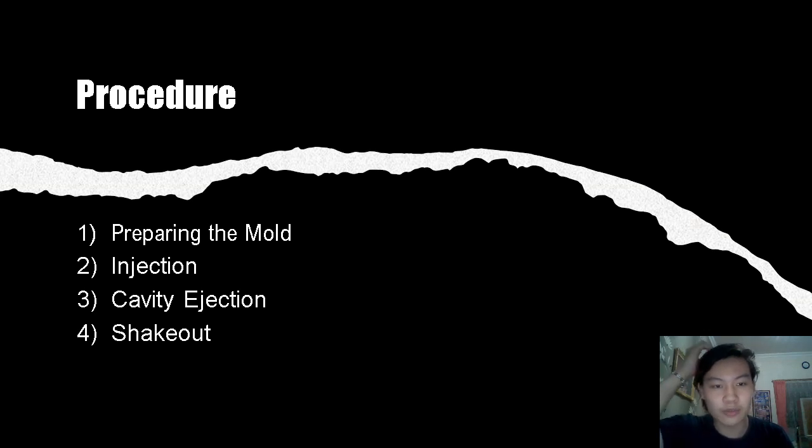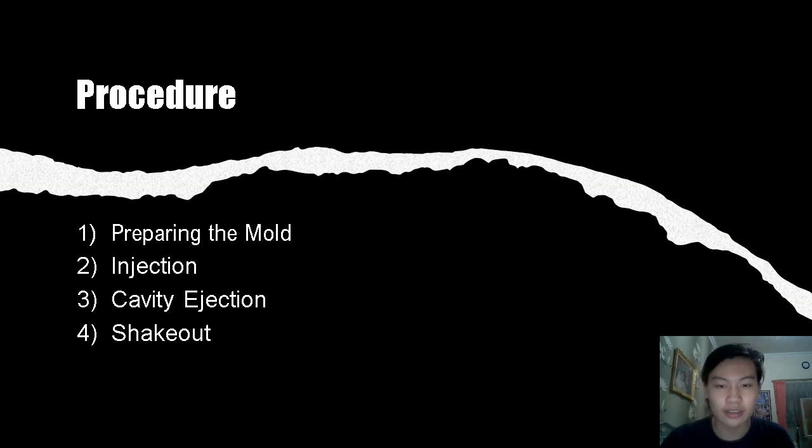And then after preparing the die mold, the operator will inject the molten metal. In this step, the mold must be completely closed and sealed. Depending on the specific application, the molten metal may be injected into the mold at a high pressure or a low pressure.